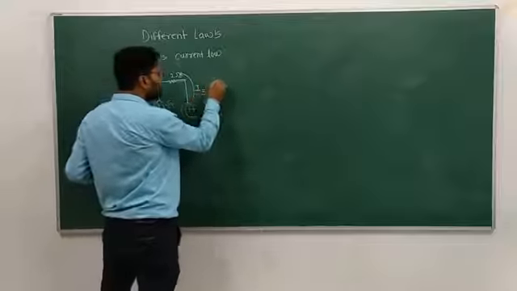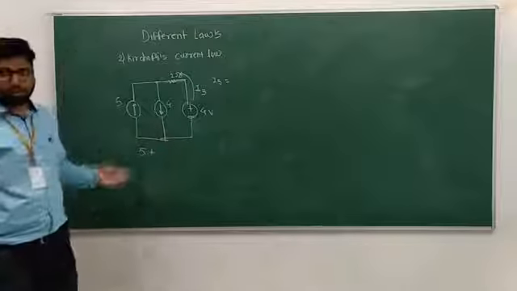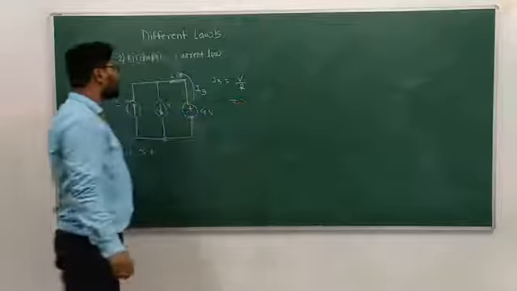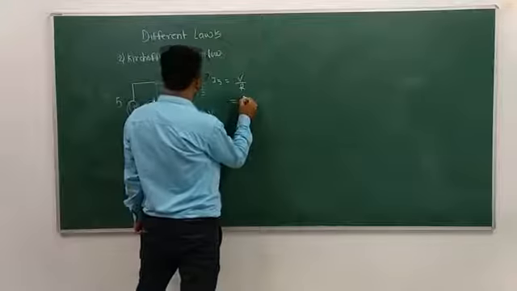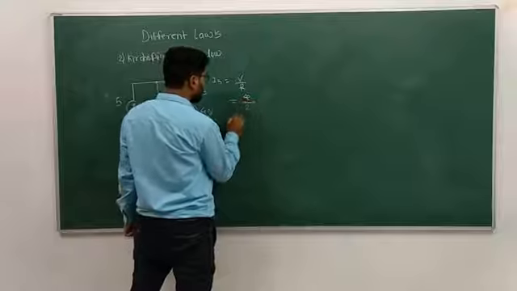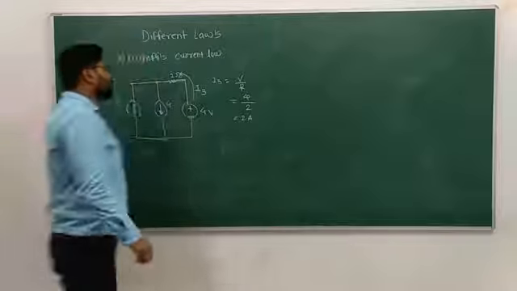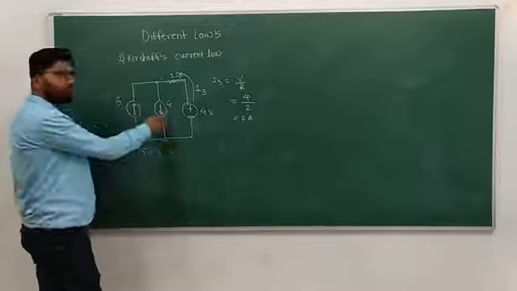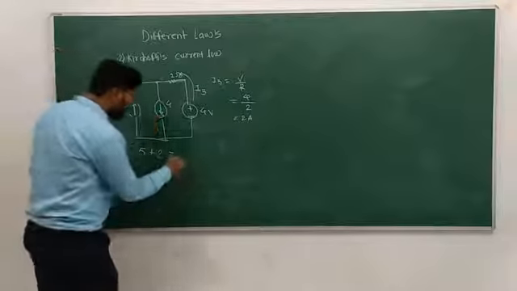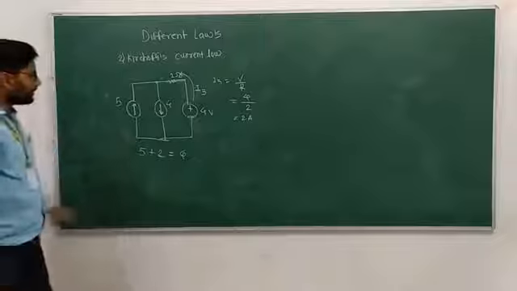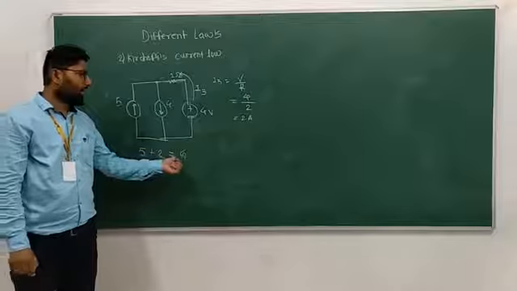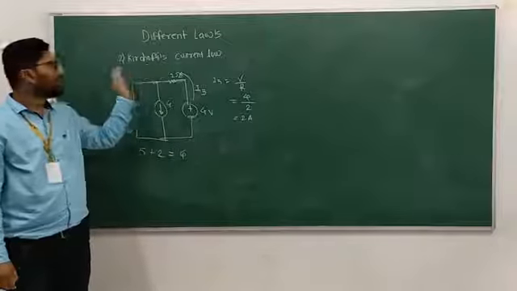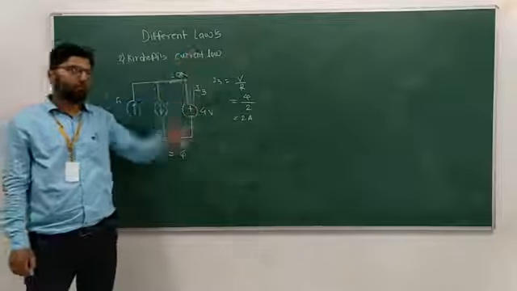So how to calculate I3? By using Ohm's law, I3 is equal to V by R. So V by R, that is 4 by 2, that is 2 ampere. So 2 ampere incoming current, and outgoing current. One outgoing current is available, that is 4. So that is the way you have to find out incoming current and the outgoing current. So that is the sum of incoming current and the outgoing current. So that is the way you have to find out Kirchhoff's current law.